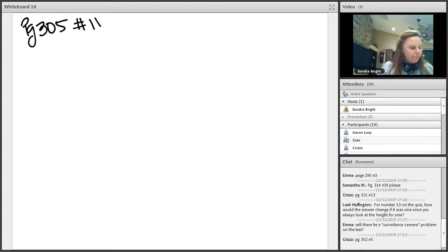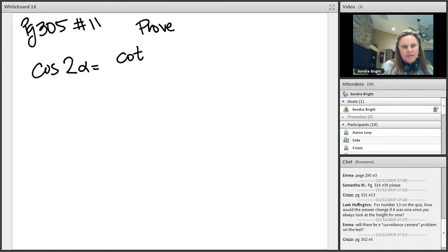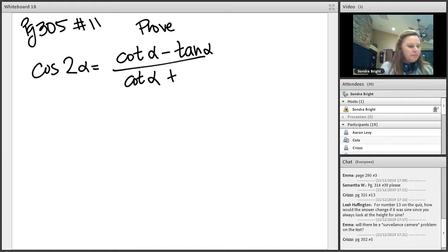So we want to prove this identity that cosine of 2 alpha is equal to cotangent of alpha minus tangent of alpha all over cotangent of alpha plus tangent of alpha. So I would definitely work on the right-hand side. And I think what I would do first is